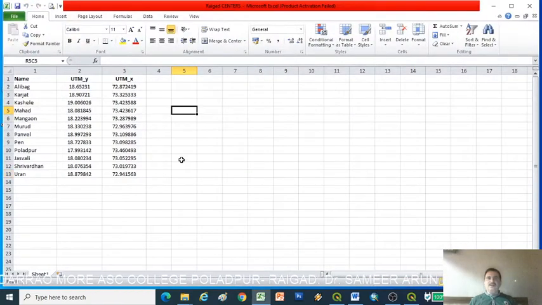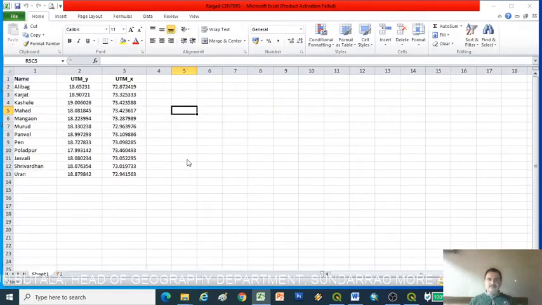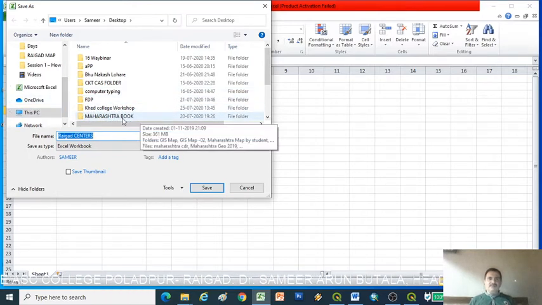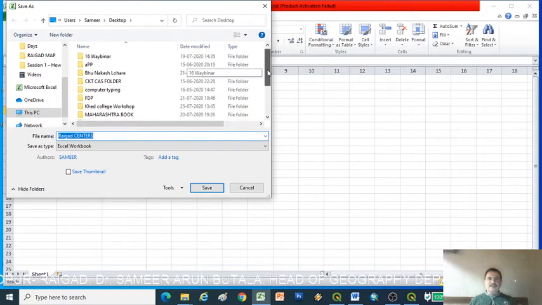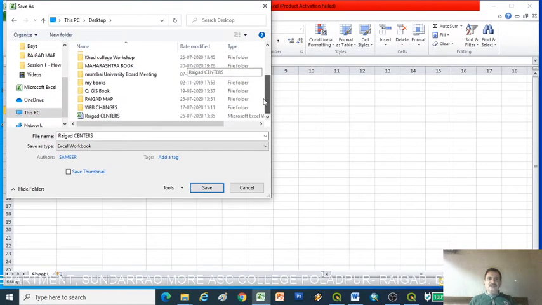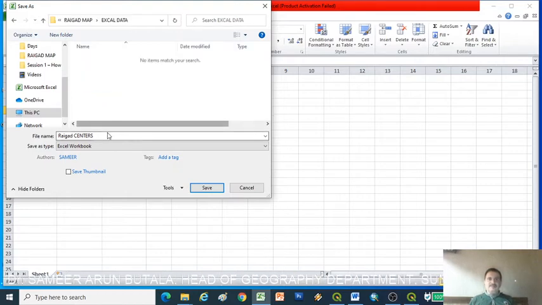Now I want to convert this file to a CSV file. So File, Save As, and give the location where we want to save the file. I want to save the file on the desktop, in my project Raigad map, in the folder I created, Excel data.